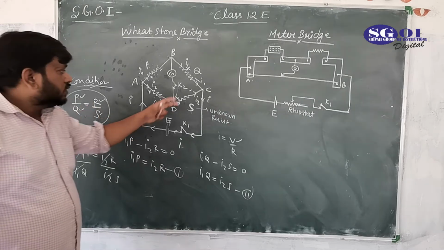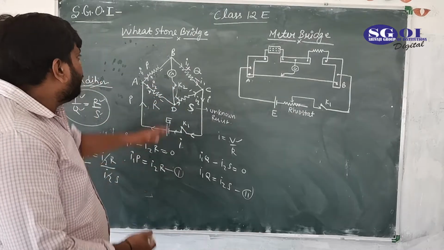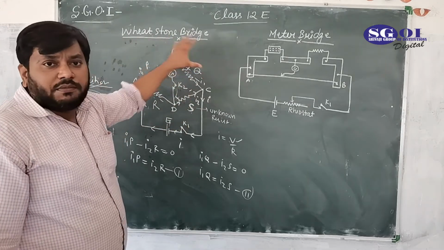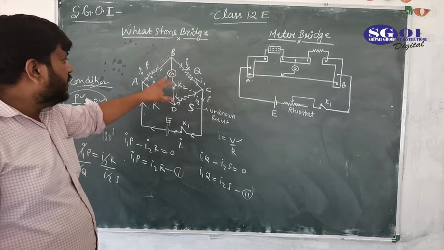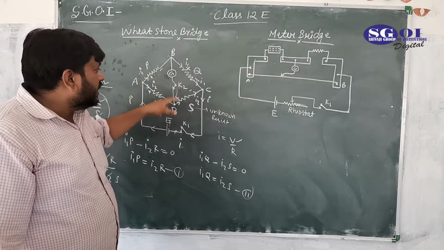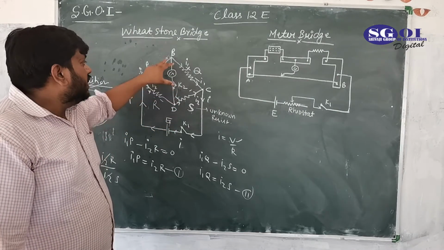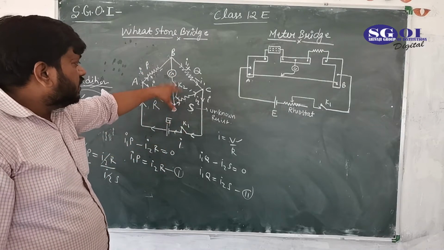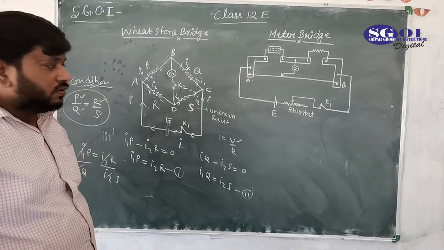Okay. So this is the method by which we find the unknown resistance of a conductor using the Wheatstone bridge balancing condition. And if the bridge is not balanced, there would be current, there would be deflection in the galvanometer. Then in that case we would not remove that particular resistance from this arm.